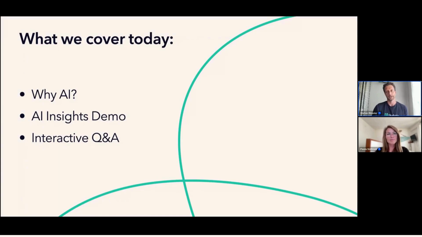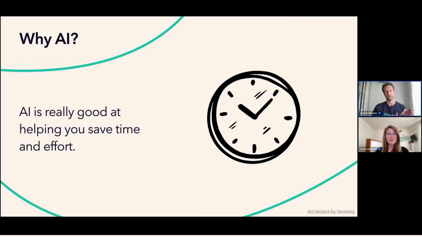The first thing I have to start with, when we go into why AI, is that AI is really, really good at helping you save time and effort. It's incredible. So with all the downsides AI might bring with it, or let's say weaknesses it has that we might address a little bit later, the one big advantage is it's incredible how much time you can save and how much work you can save yourself. We'll look into it in a couple of minutes, how exactly that's done. But basically what we realized is,